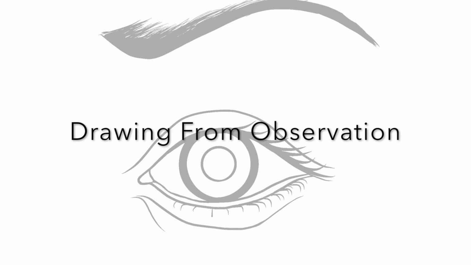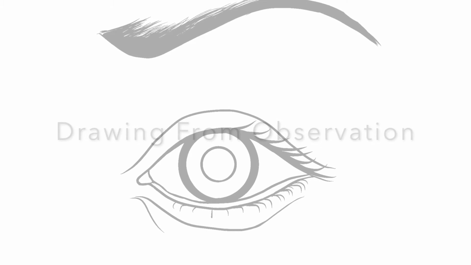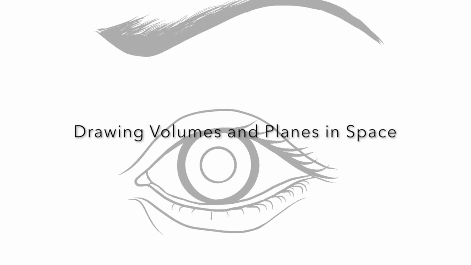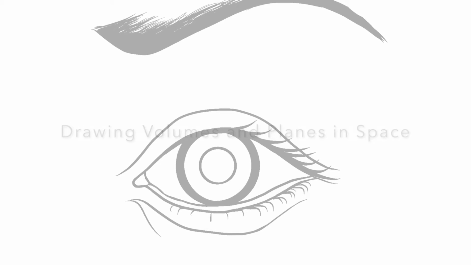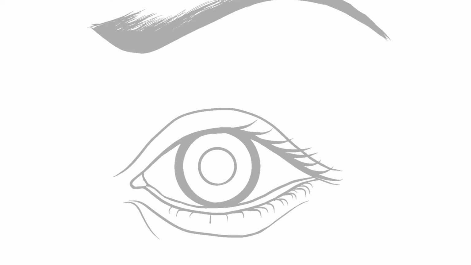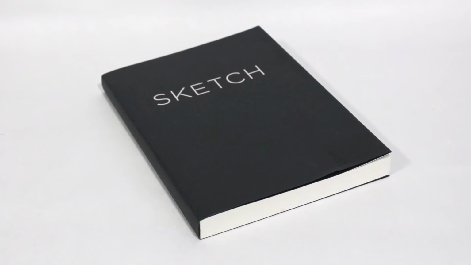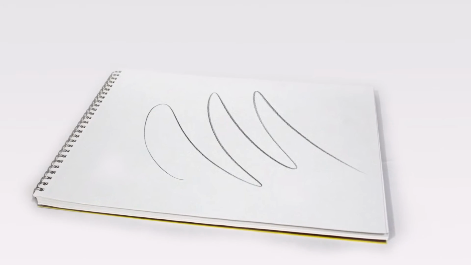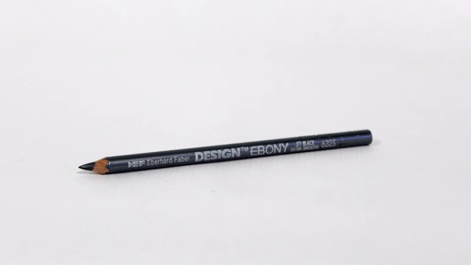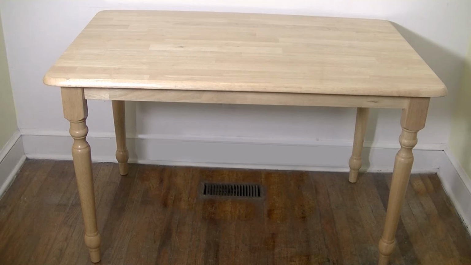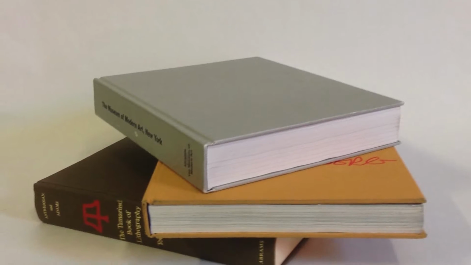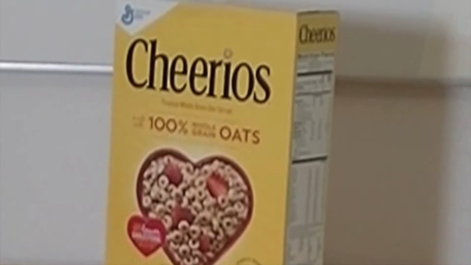Drawing from Observation, Lesson 5, Drawing Volumes and Planes in Space. Before starting this lesson, please have the following materials ready: paper, sketchbook and sketchpad, materials, ebony pencil, pencil sharpener, eraser, and clock face template, subject, rectangular table, rectangular objects like books and boxes, including one with a label like a